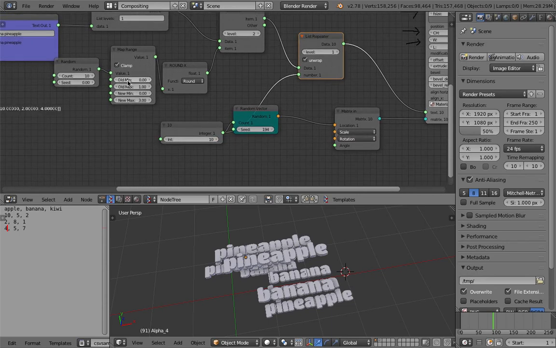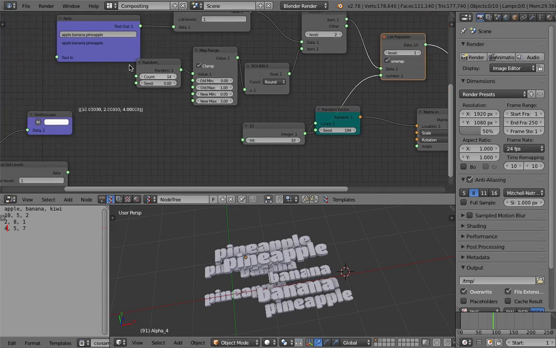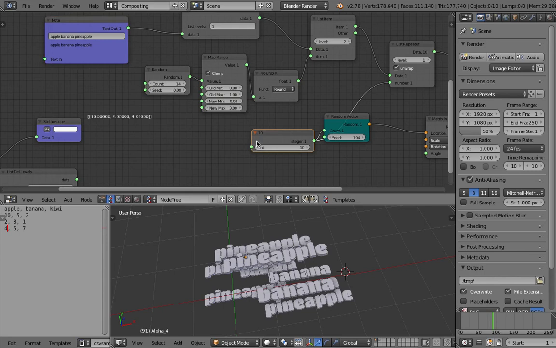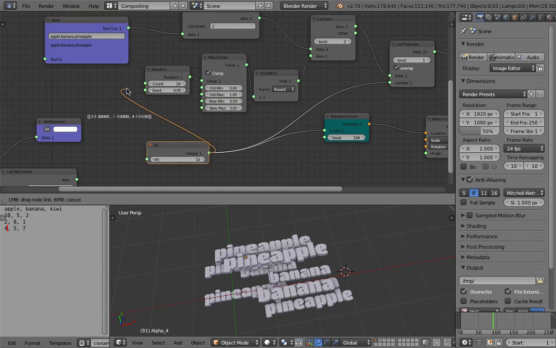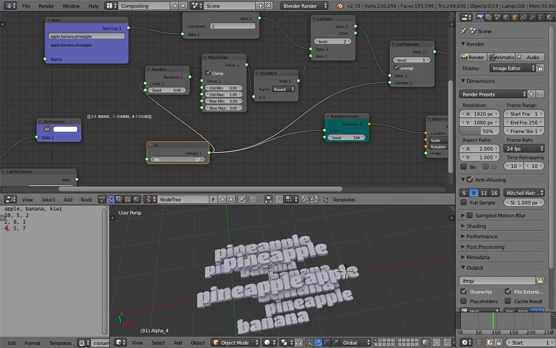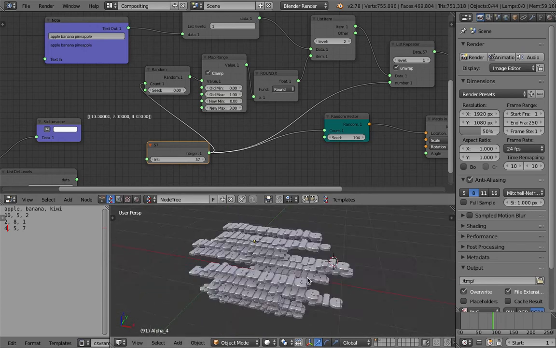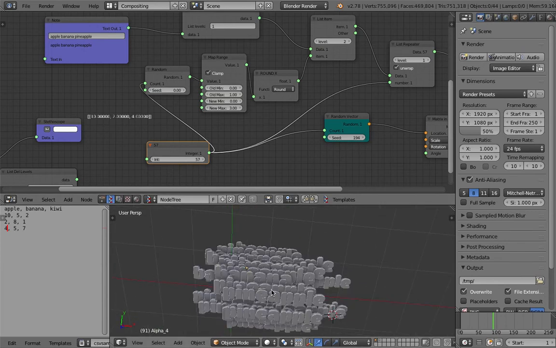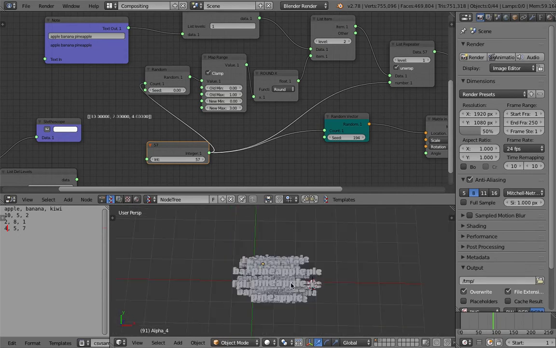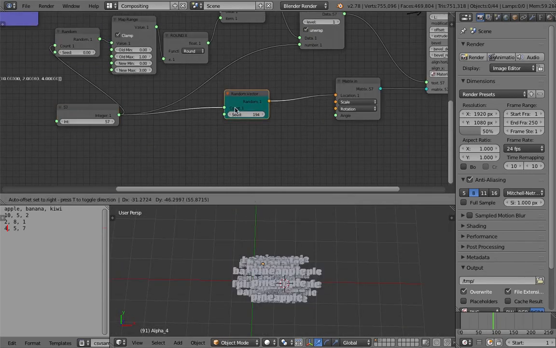Doesn't do anything. Count. Maybe this count should be there as well. So it seems like this is the right way to do it. So we have apple, pineapple, and banana all on top of each other, with